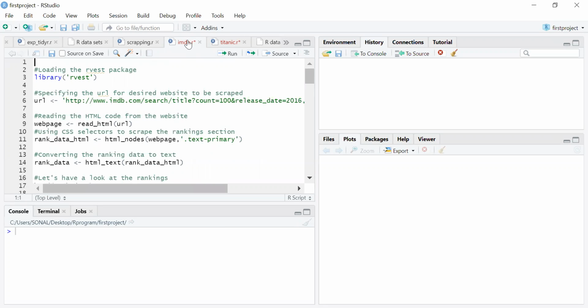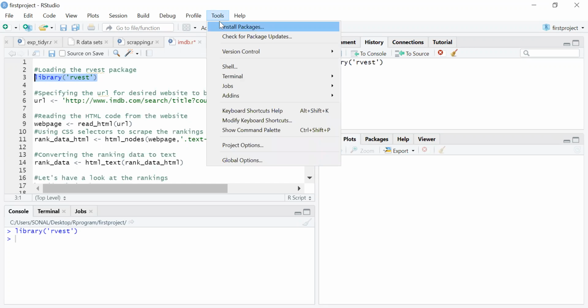Just a second. Go to Tools and install it. Then after installing it, what we require is to load it in the workspace. So we are using this command, run. So now this is loaded in the workspace. Fine.